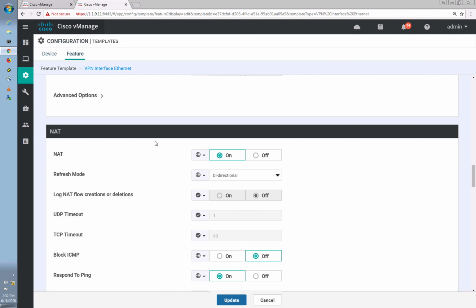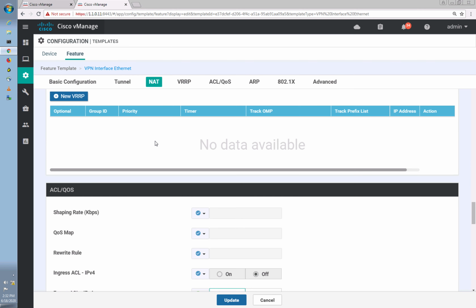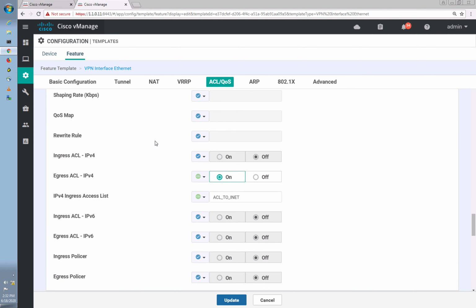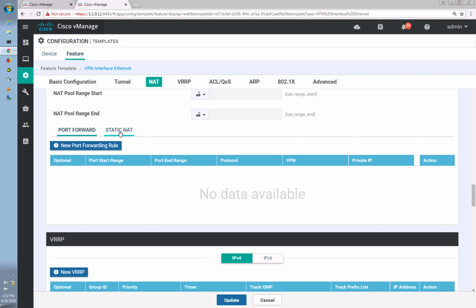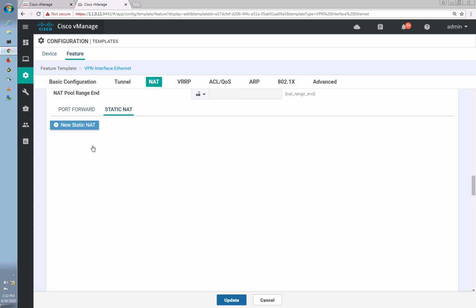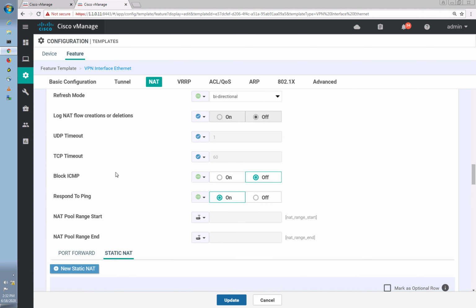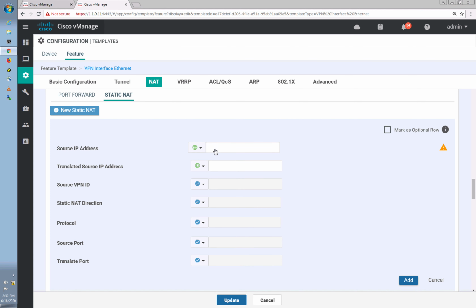Go there. Yep, so we are on the NAT section. Let's scroll a bit more down. Let's keep whatever we have as of now, which is fine. Let's go to the static NAT section over here. And what do we do? Under the static NAT, let's add a new static NAT, and this is the place where you'll define